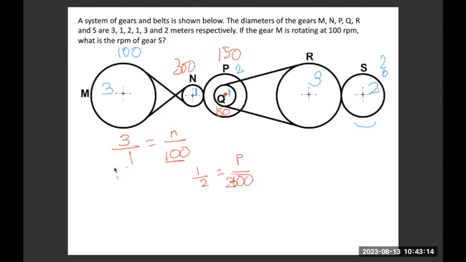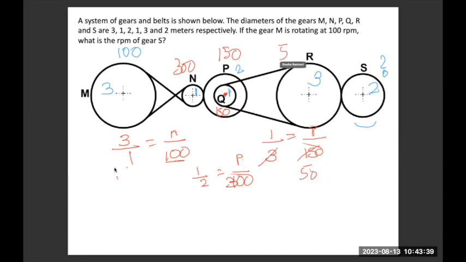Okay, Q is 150. Then the rotation of R I will find. So Q is 150, the radius of Q is 1 upon 3 radius of R. The radius of Q is in the numerator, so its speed will be in the denominator, which is 150. And I'm writing R here. So the rotations per minute of R will be